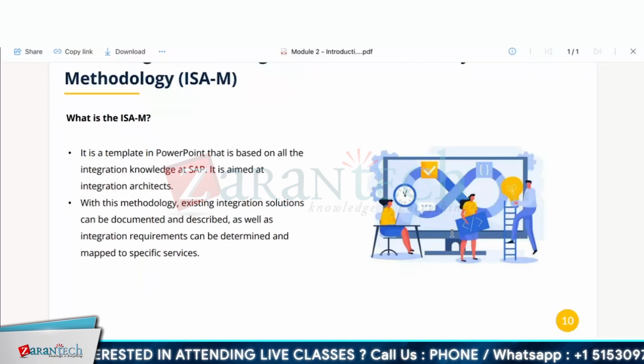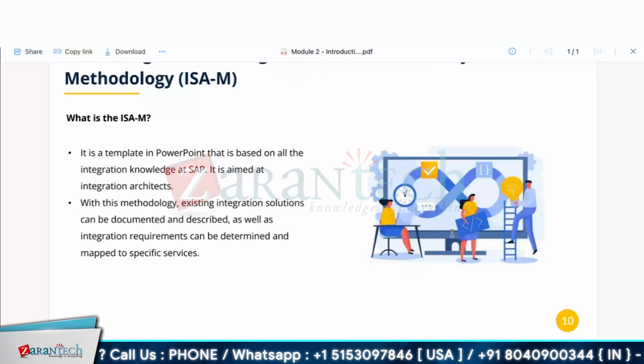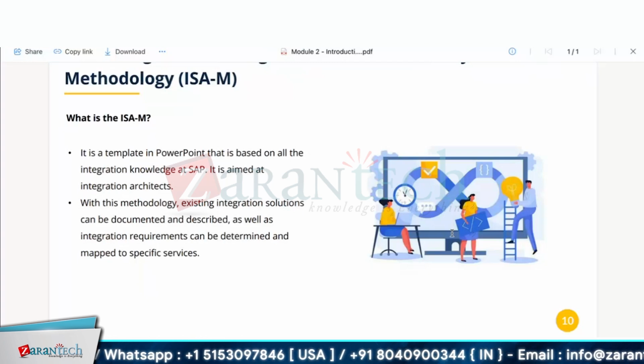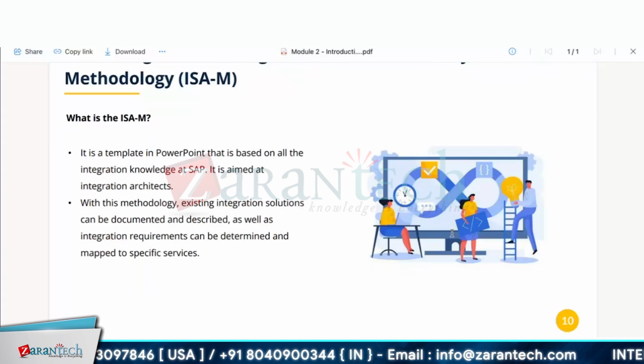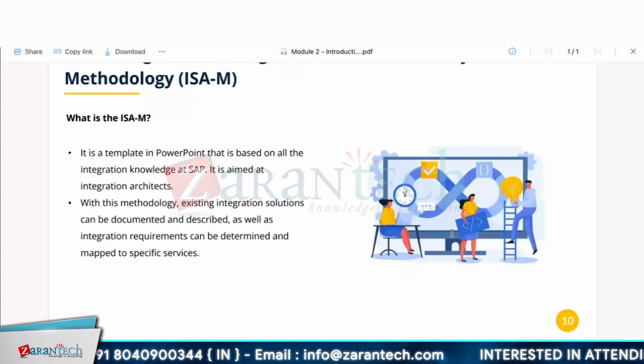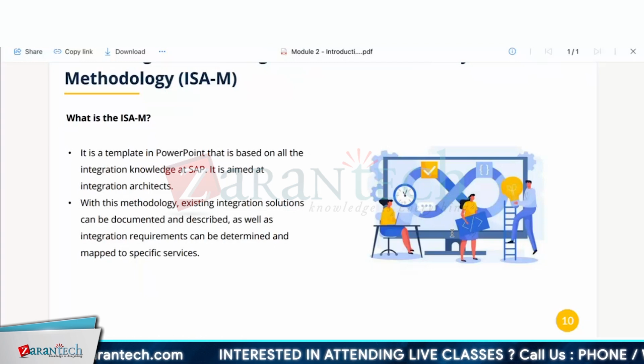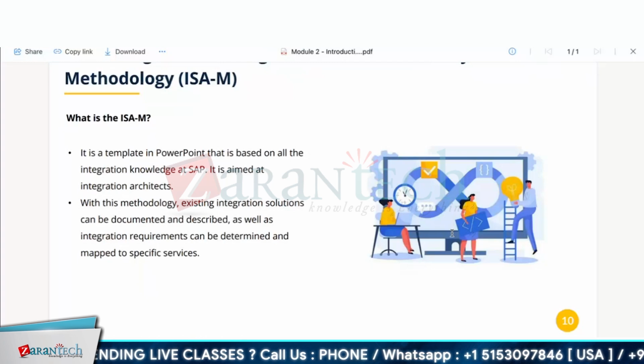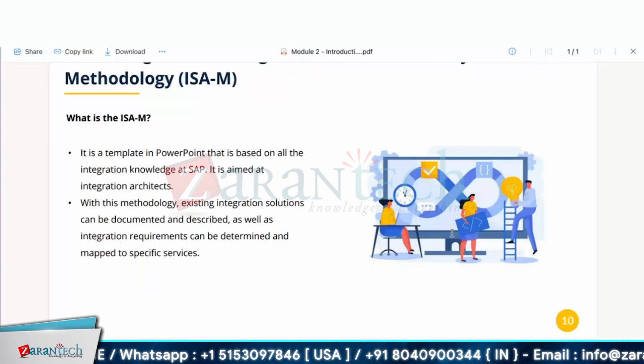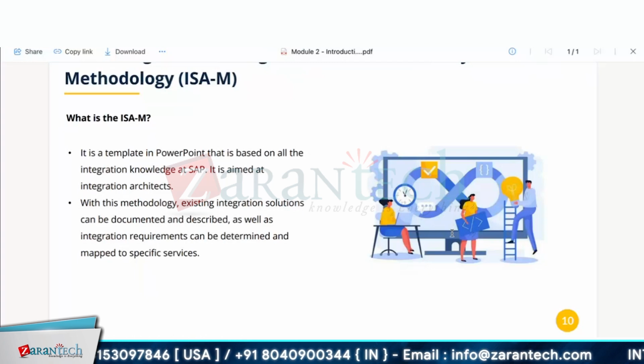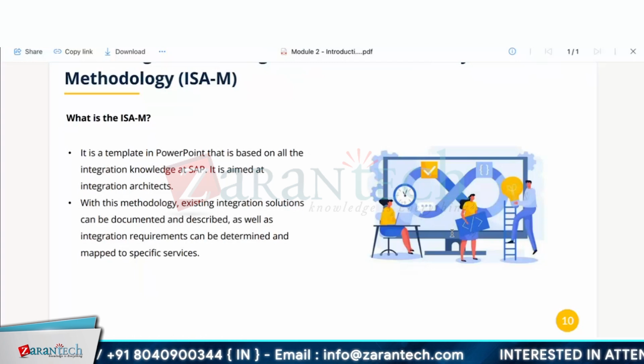ISAM is a kind of architectural template, or I can say your overall architectural design, where I can take a holistic business problem, start putting those problems onto my board, connect those problems with these tied-up components, and design them using BTP SaaS solutions. So SAP makes it very simple now.